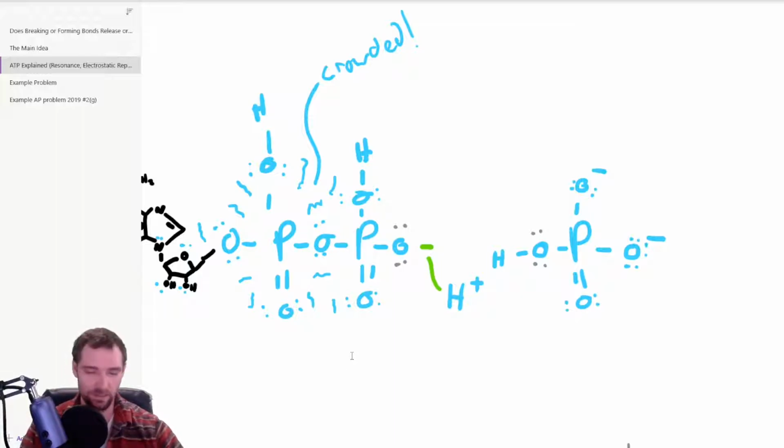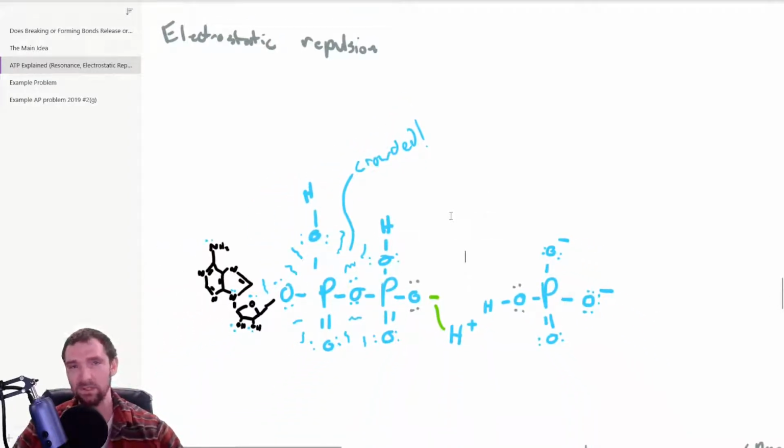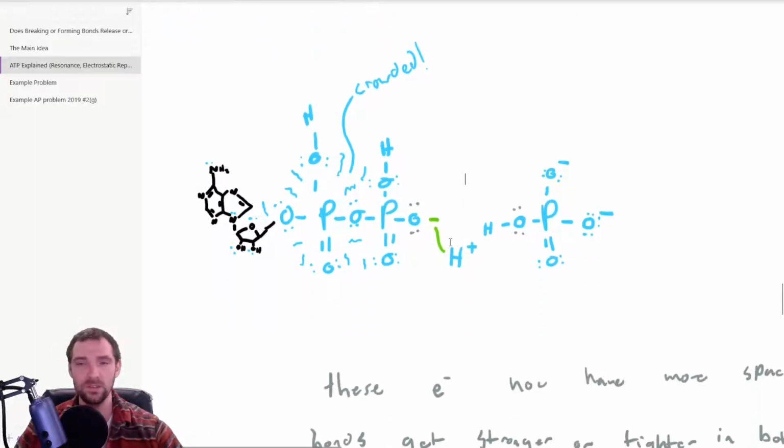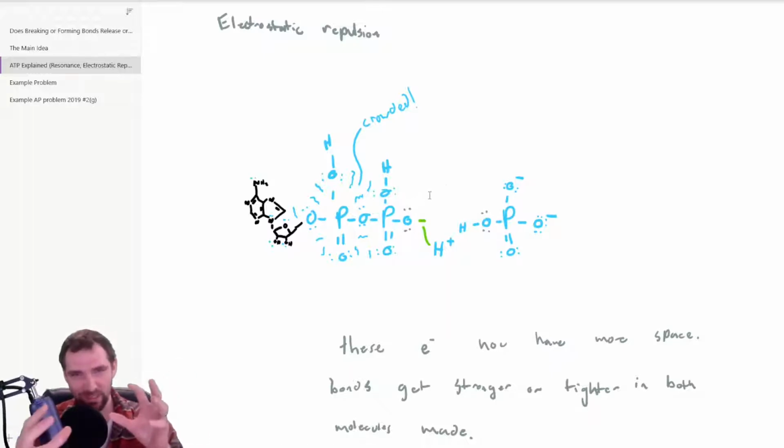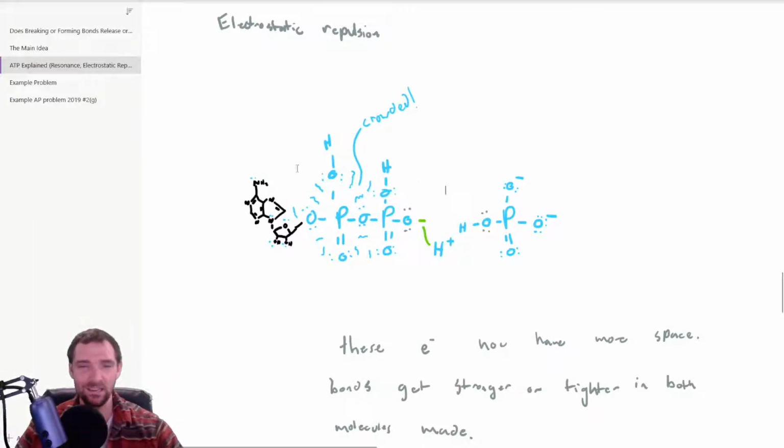You can think about the two negative charges. If you have two negative charges, they repel each other. And so these electrons are trying to repel each other. So if you were to break the bond, suddenly these electrons have more space. Suddenly these electrons have more space. And so you're easing that crowding, that electrostatic repulsion in the molecule. So when you break up the molecule, all of these phosphate oxygen bonds end up becoming more stable. They end up shrinking in size because they're a stronger bond, and the whole thing ends up